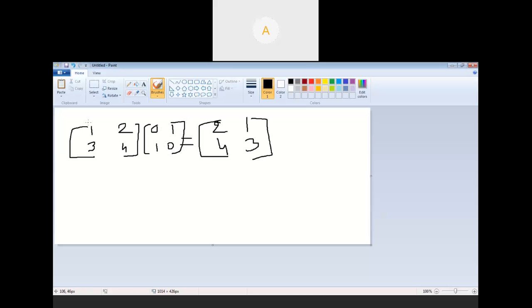Okay, so if I do post multiplication, what is happening? You see, this 1 into 0, so 0, plus this 2 into 1, 2. So this 2 came up. Okay, next we will see this 1 into 1, so that is 1, plus this 2 into 0, so that is just 1. Finally you have only 1. So that is why you got this one. Just the same way, let me tell only for one more number. Later on you will do for the other one. So this 3 into this 0, so 0, plus this 4 into this 1, so 4, so this 4.